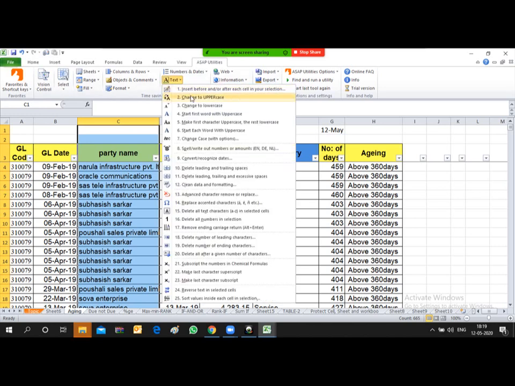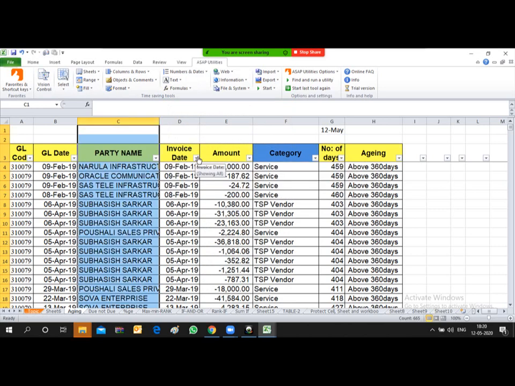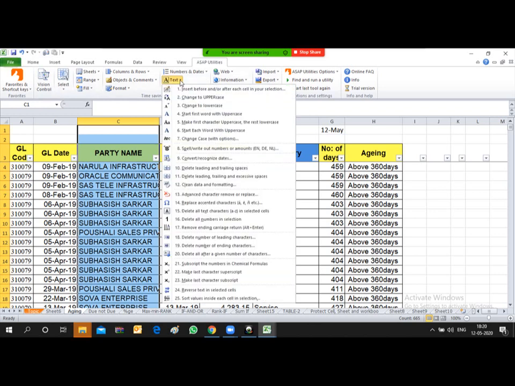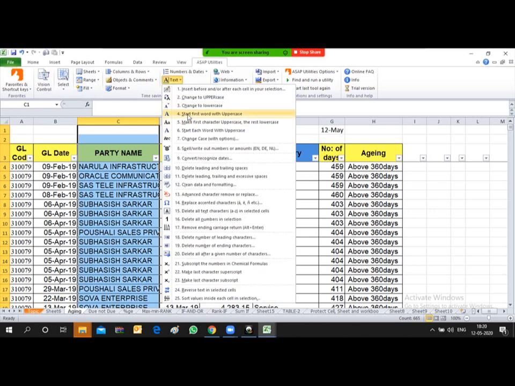If you want to change it to uppercase, now you see all the cells are converted automatically into uppercase. So we don't require any kind of formula which we have learned to convert into uppercase, lowercase, upper, lower or sentence case. Again there is an option, start first word with uppercase.